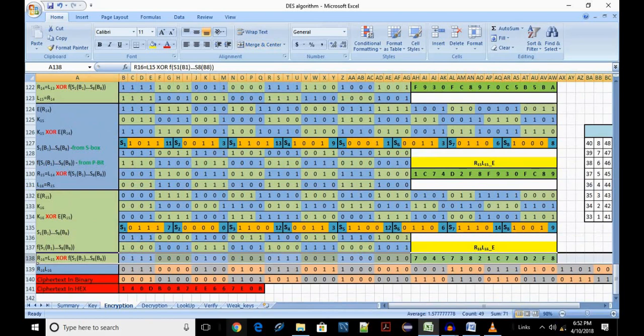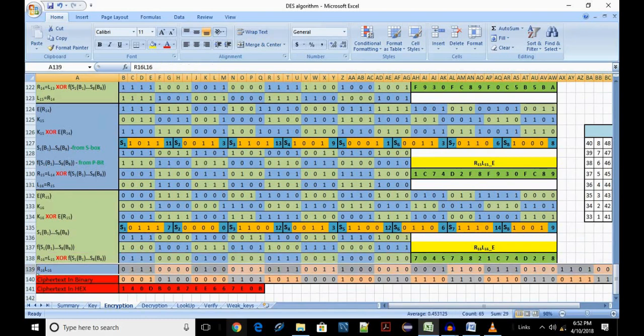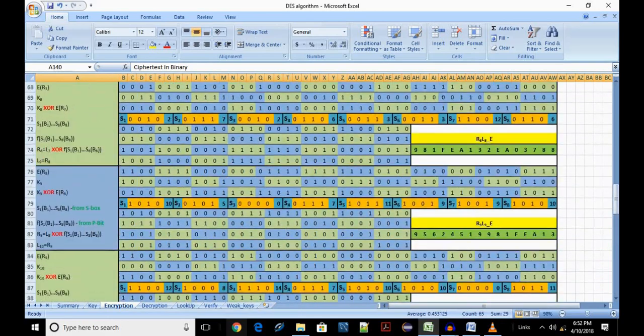This L16 and R16 is arranged as R16 L16 in row 139. Now we apply the inverse permutation given in row 5.